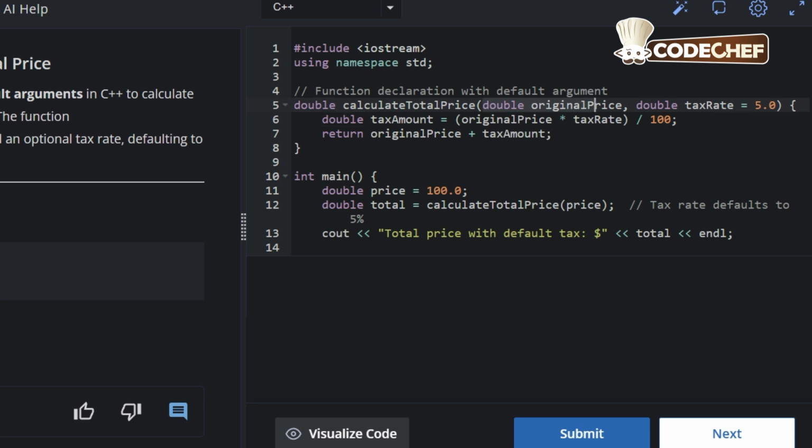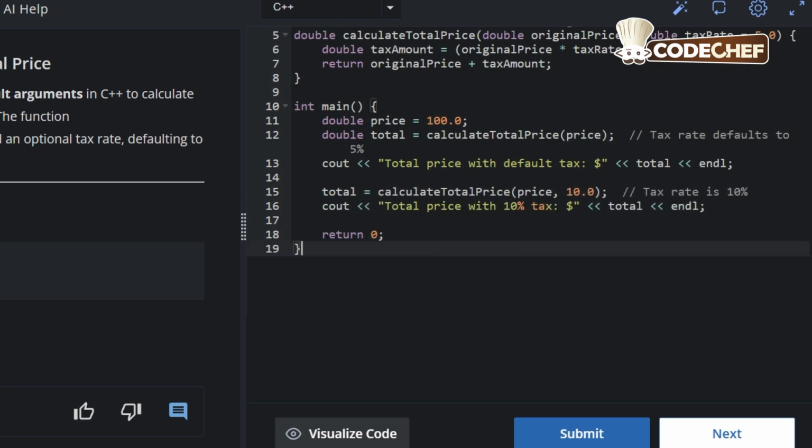So whatever value we will get for original price in the main function, we will provide it here, and then by default the tax rate value is already given as a default argument, and then we are going to return the value of original price added to tax amount, which is going to be the final output when this program will be called. Now coming to the main function, int main, then curly brace begin,